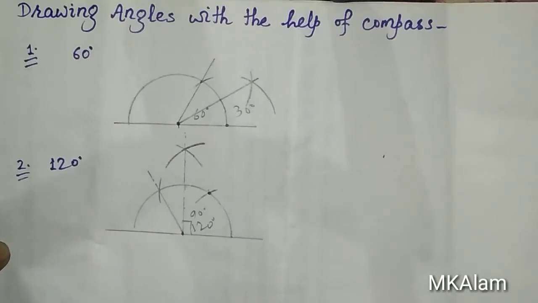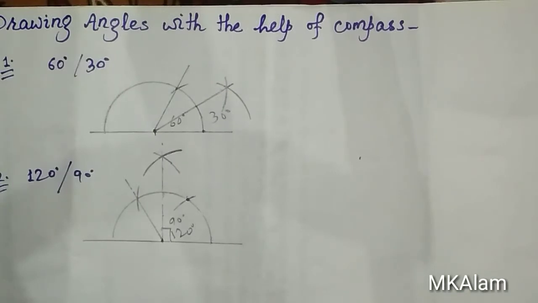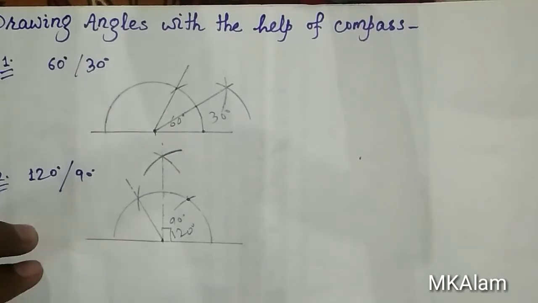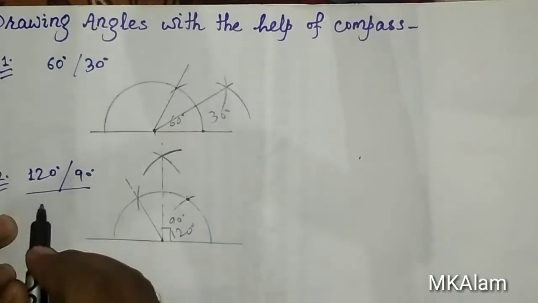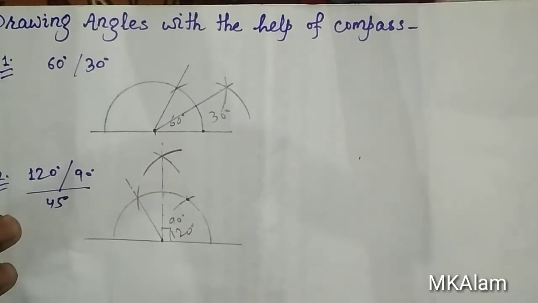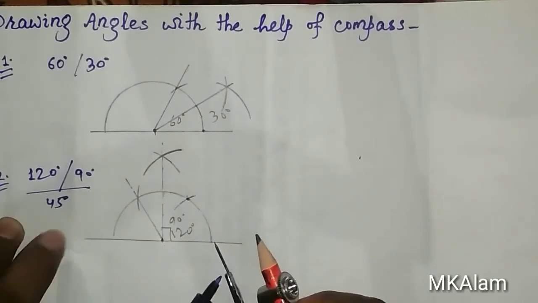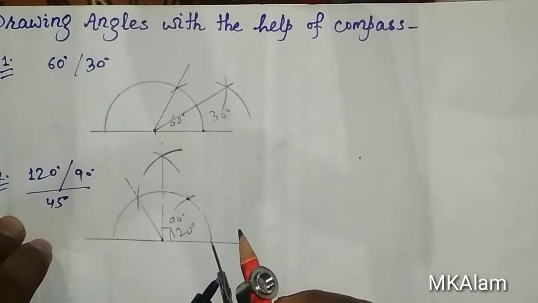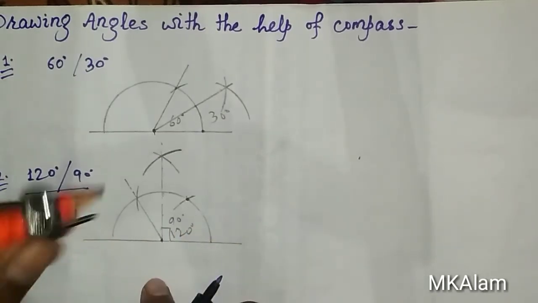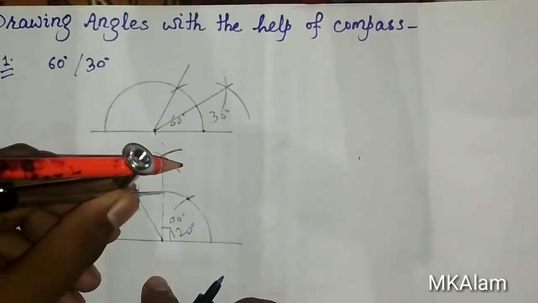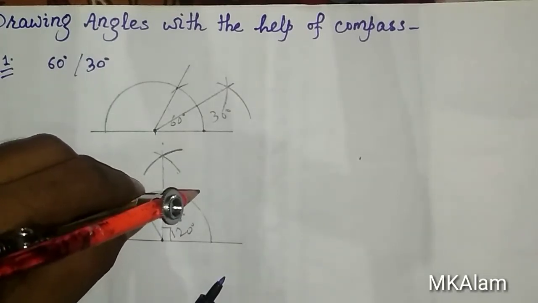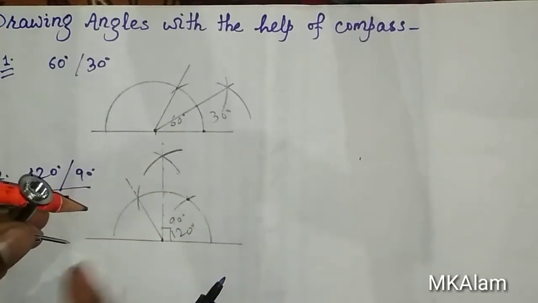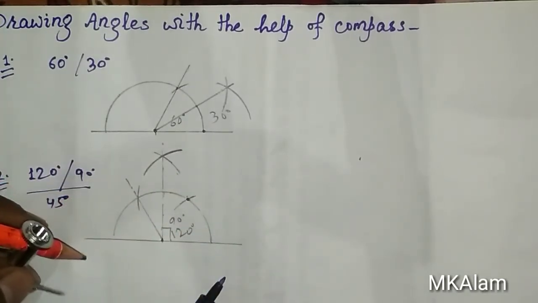So now we will learn how we can make the 45-degree angle. With this figure we can easily understand about drawing an angle of 45 degrees. You know very well, if your needle is on this point, after that you can draw an arc, and after that you take your needle on this point and draw an arc, and at which point they meet, if you mark those points, then you will get a 45-degree angle.